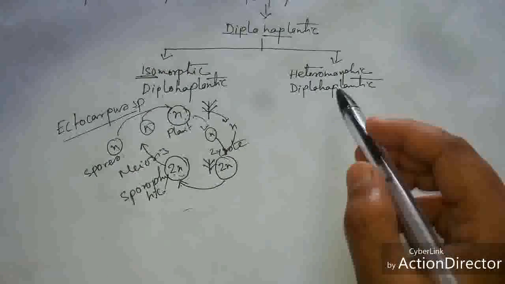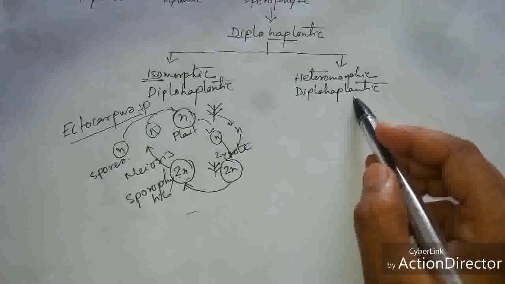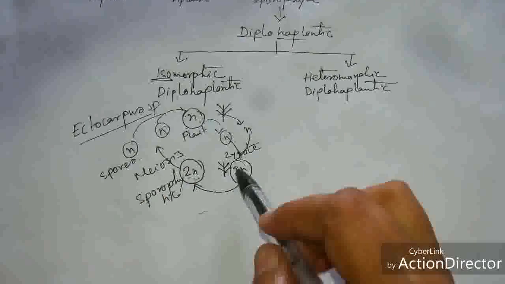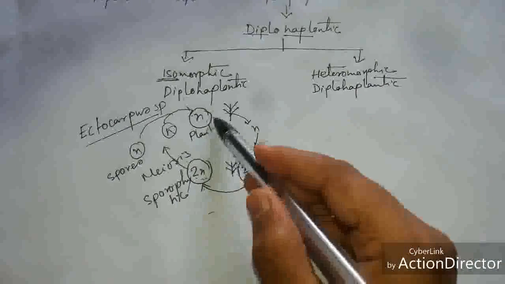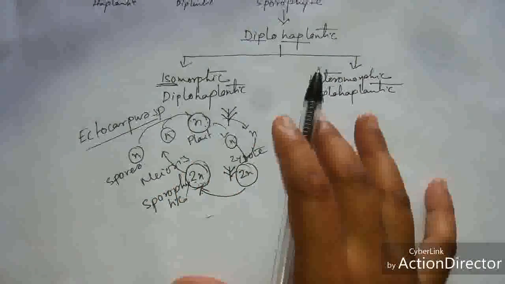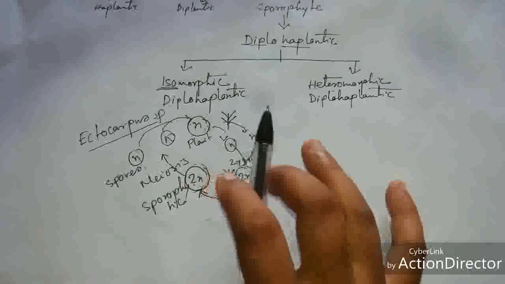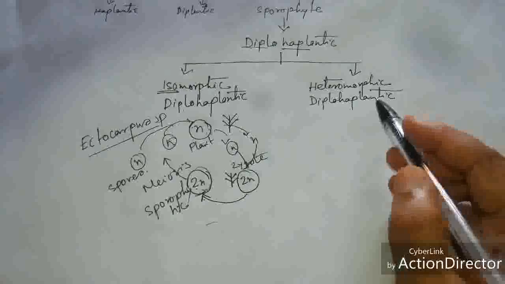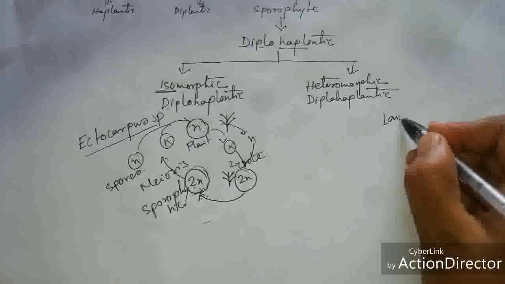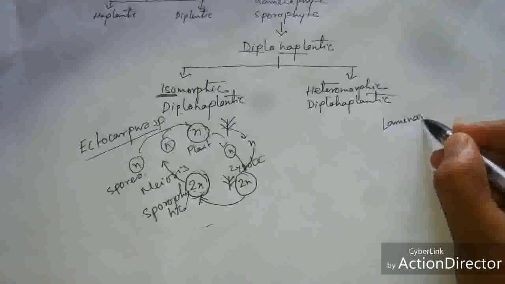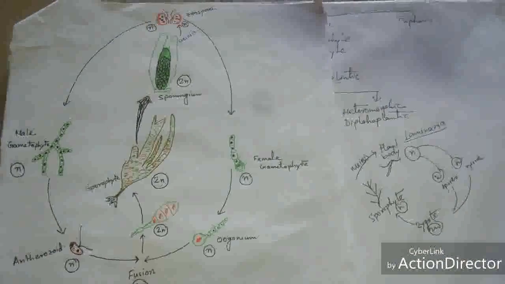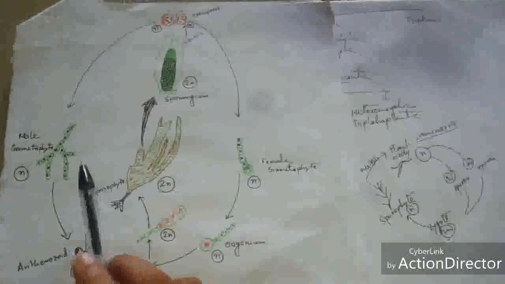Now, heteromorphic diplohaplontic life cycle. Here the life cycle is similar to this type, but heteromorphic means the gametophytic plant and sporophytic plants are totally dissimilar, morphologically totally dissimilar. An example of this type is Laminaria algae or Ulva, etc. So here the male gametophyte